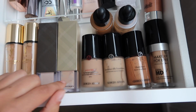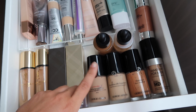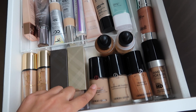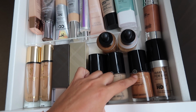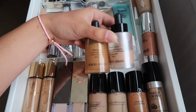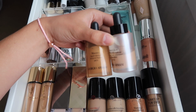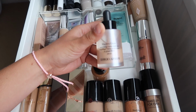Okay, and then we've got the Giorgio Armani Power Fabric Foundation. I can't speak today. And then the Luminous Silk Foundation. I think that's shade 5, and that's shade like 4.5. Then I've got the Giorgio Armani Fluid Sheer. This is a kind of shimmery, bronzy type liquid. And then I have the Giorgio Armani Maestro Liquid Summer Bronze kind of thing. And then I have the Maestro Glow